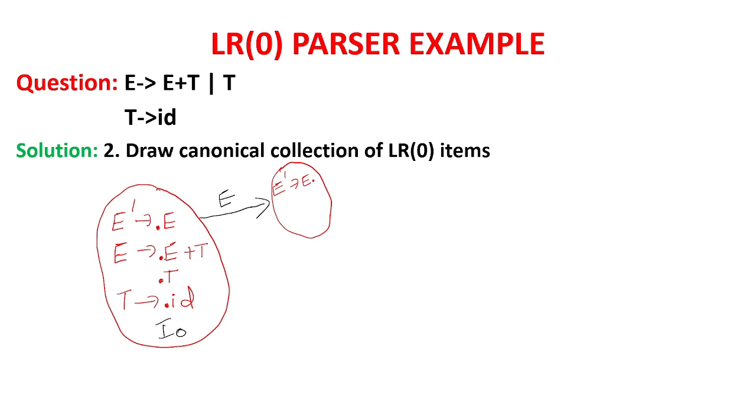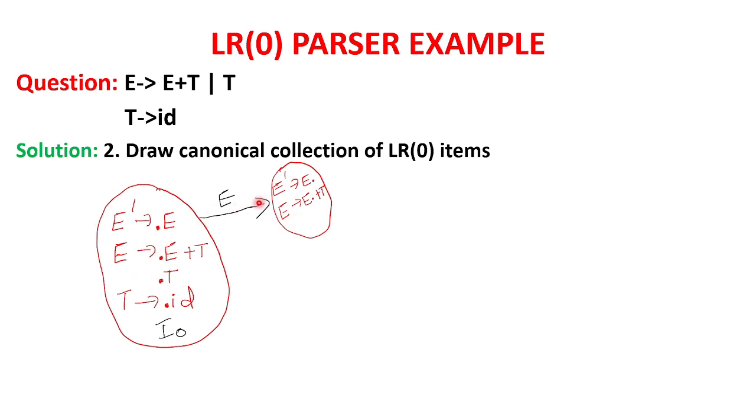There is one more production where we are visiting E only, where we are exposing E only. All the productions where E is getting exposed, you have to write over here only. So now here also E is getting exposed: E goes to dot E. So E is visited. Is E there after the dot anywhere else? Only in two productions is E there after the dot, that is this first one and this second one.